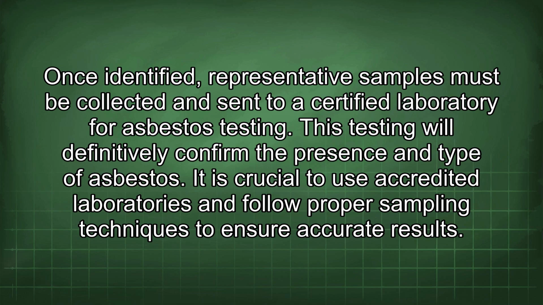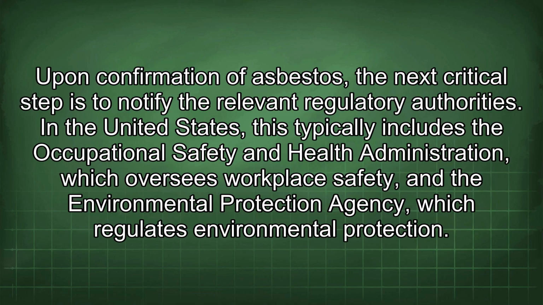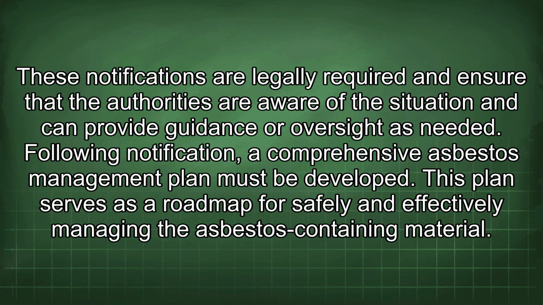It is crucial to use accredited laboratories and follow proper sampling techniques to ensure accurate results. Upon confirmation of asbestos, the next critical step is to notify the relevant regulatory authorities. In the United States, this typically includes the Occupational Safety and Health Administration, which oversees workplace safety, and the Environmental Protection Agency, which regulates environmental protection. These notifications are legally required and ensure that the authorities are aware of the situation and can provide guidance or